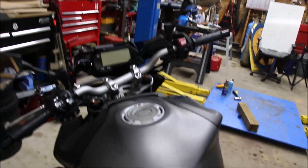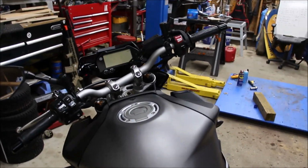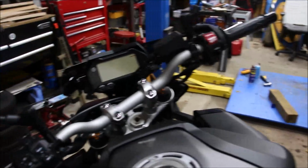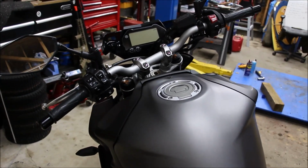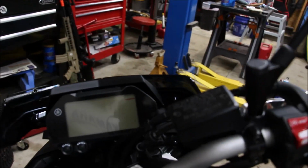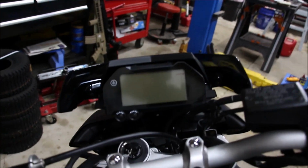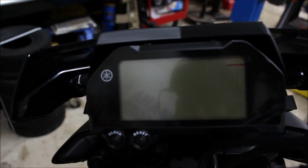All right, so up here, I want to go over some of the controls with you, and the modes that the bike has for different throttle responses, as well as the traction control, the cruise control, and to kind of just show you what the screen itself has. Unlike the R1, this is just a regular LCD screen. The R1 comes with a TFT display, which is fully colored. The one thing to keep in mind is this little red line here for the tachometer. It is just in the screen, it's not actually colored, so it is just a regular